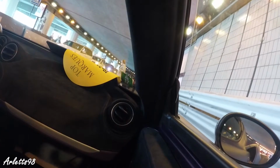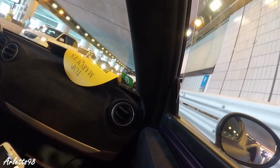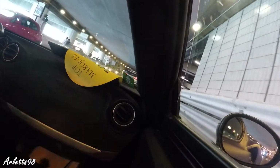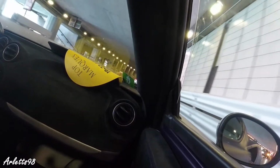Actually this car needs an exhaust because the stock is horrible. It's really horrible. It's a mix between ugly and not loud. Exactly. The car is beautiful, but then when you hear it,